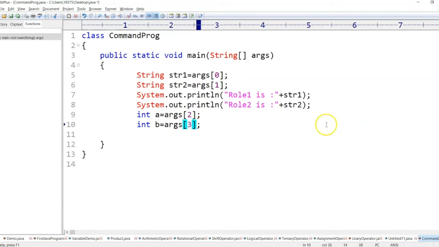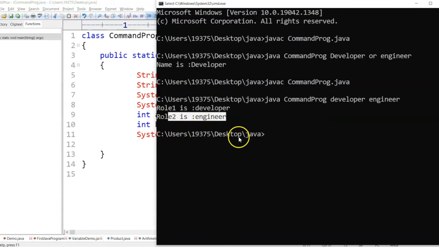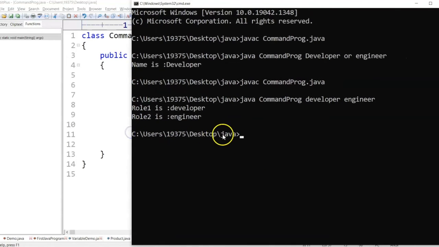That means from the command prompt I will send 4 values: two roles and two numbers. Whatever I send as a and b, I want to print System.out.println a plus b. Let's see what output we get. So now I can send a total of 4 values. Let me compile that.